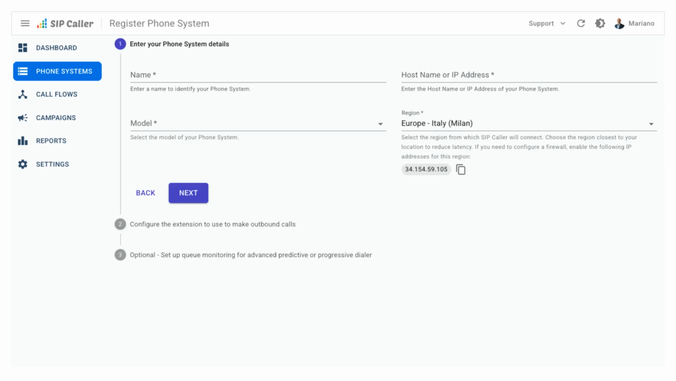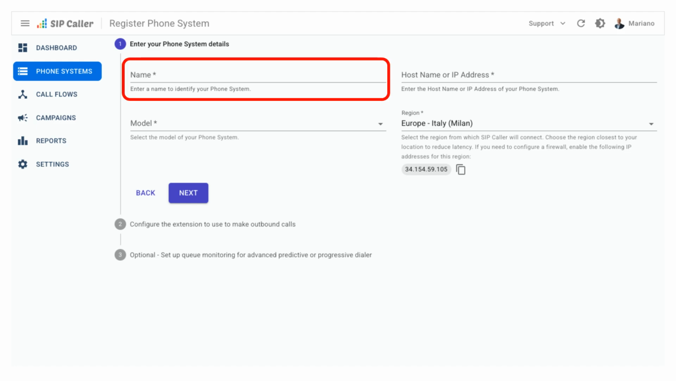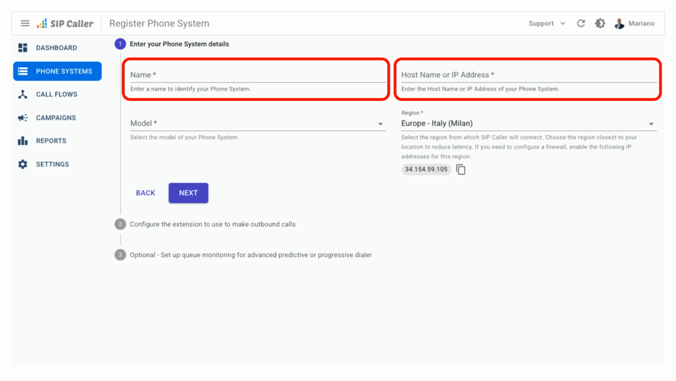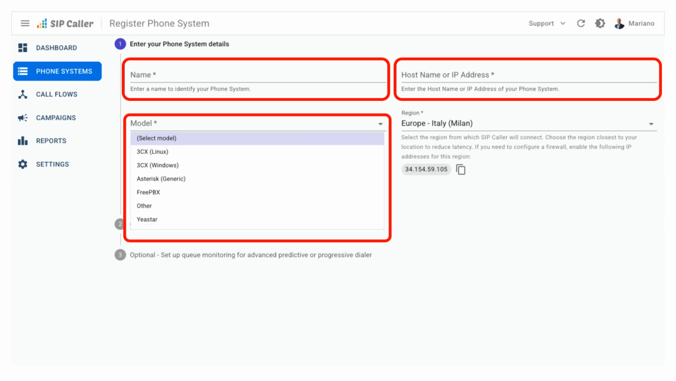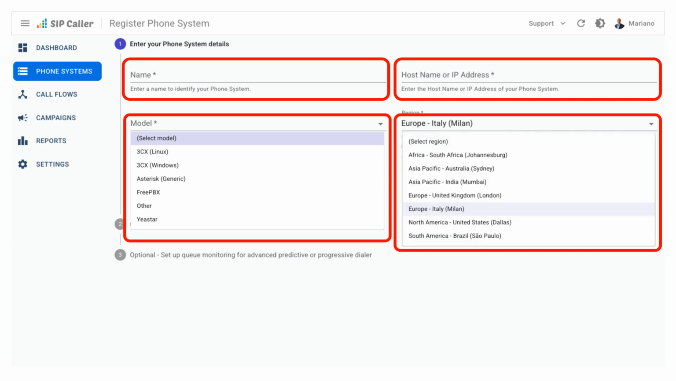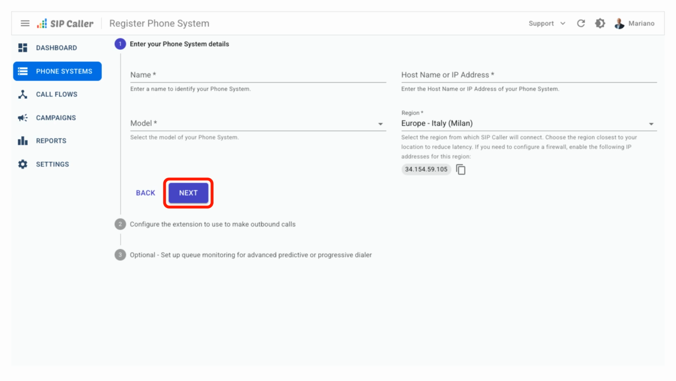The registration of a new phone system has 3 simple steps. In the first one, we will need to complete 4 fields. A name to identify this phone system, the host name or IP address of the phone system. Then, select the model of the PBX from the drop-down menu. Finally, you can choose the location of the SIPCaller server from one of our 7 regions around the globe. After completing these 4 fields, you can click on Next to continue with the second step of the registration of